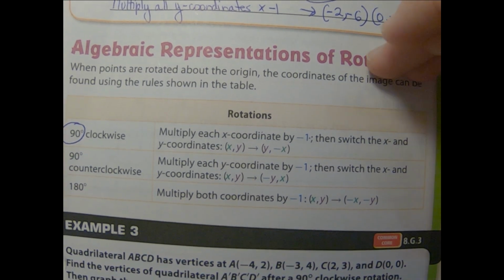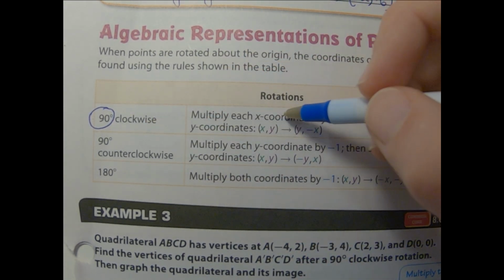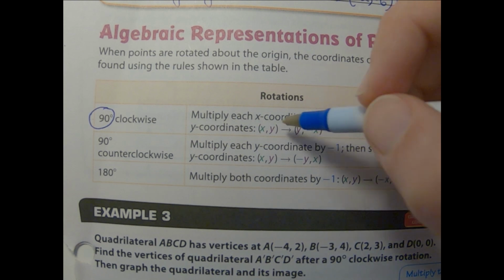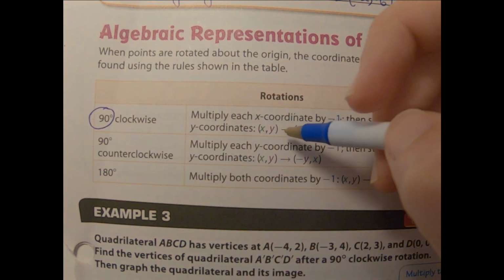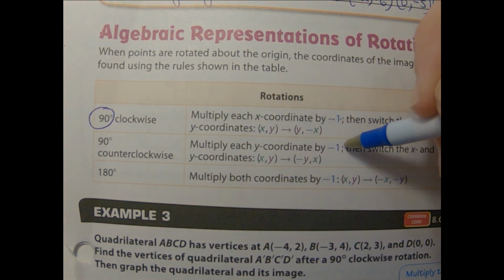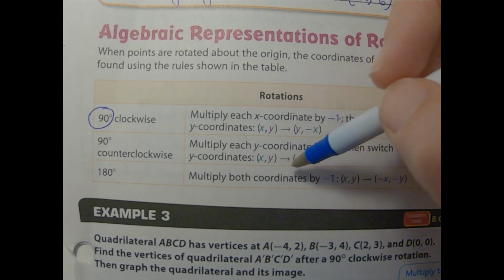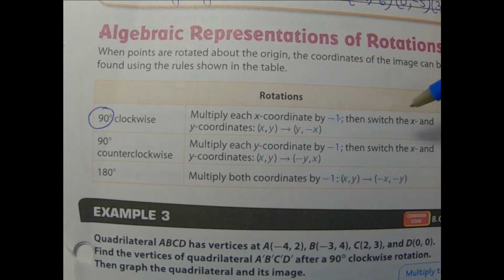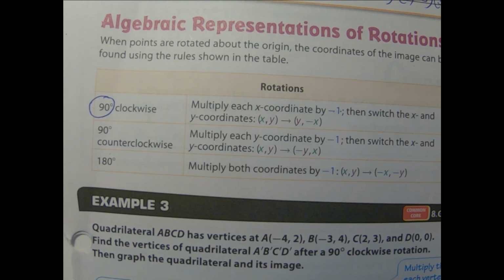Sounds really weird, but all you're doing is following the rules. So 90 degrees clockwise means every x coordinate gets multiplied by -1, and then you flip your y and x. For 90 degrees counterclockwise, you're going to multiply each y coordinate by -1, and then flip your x and y. And for 180 degrees, you're going to multiply both coordinates by -1. And there's no flipping necessary